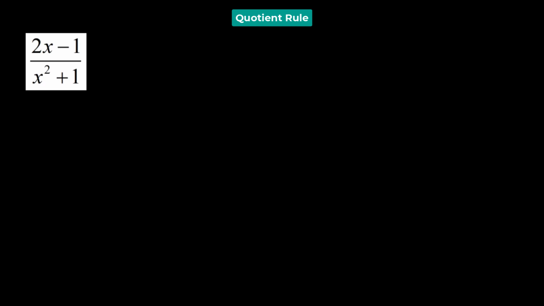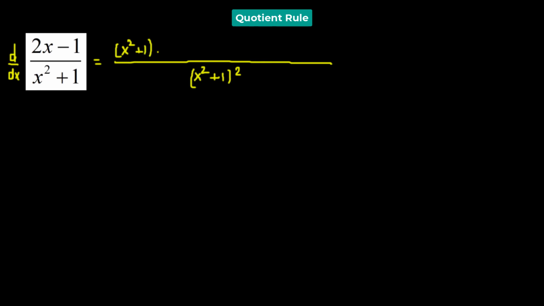So here we have the rational function (2x minus 1) divided by (x squared plus 1). So we need to find its derivative with respect to x. So we begin with the denominator. So we have (x squared plus 1) whole squared. So in the numerator we start with the denominator, x squared plus 1, times the derivative of the numerator 2x minus 1, minus (2x minus 1) multiplied to the derivative of x squared plus 1, which will be equal